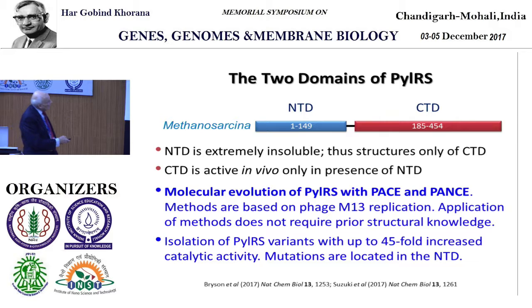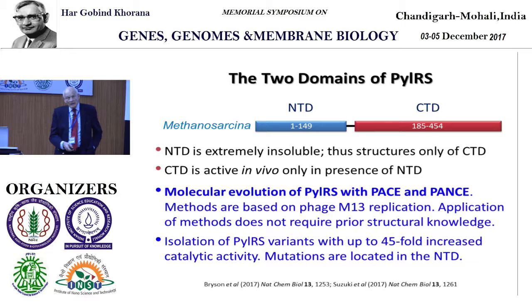and PANZER. PACE is phage-assisted continuous evolution, developed by David Liu at Harvard 6 years ago, which is very simple but very difficult to set up and requires complex equipment. And we decided to make a poor man's method out of it: phage-assisted non-continuous evolution. The methods are based on phage M13 replication, which is of course very much faster than E. coli. And the good thing about PACE and PANZER, which is different from MAGE,